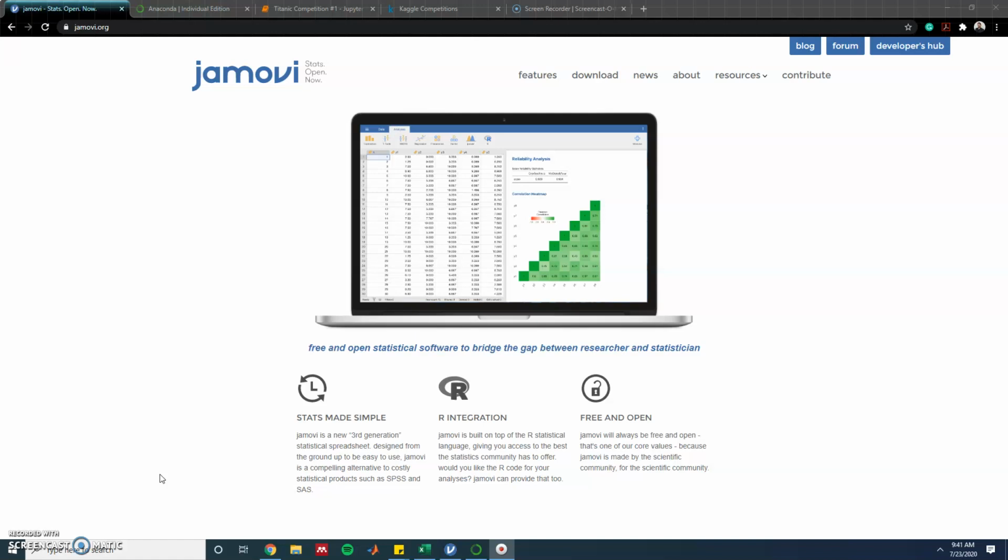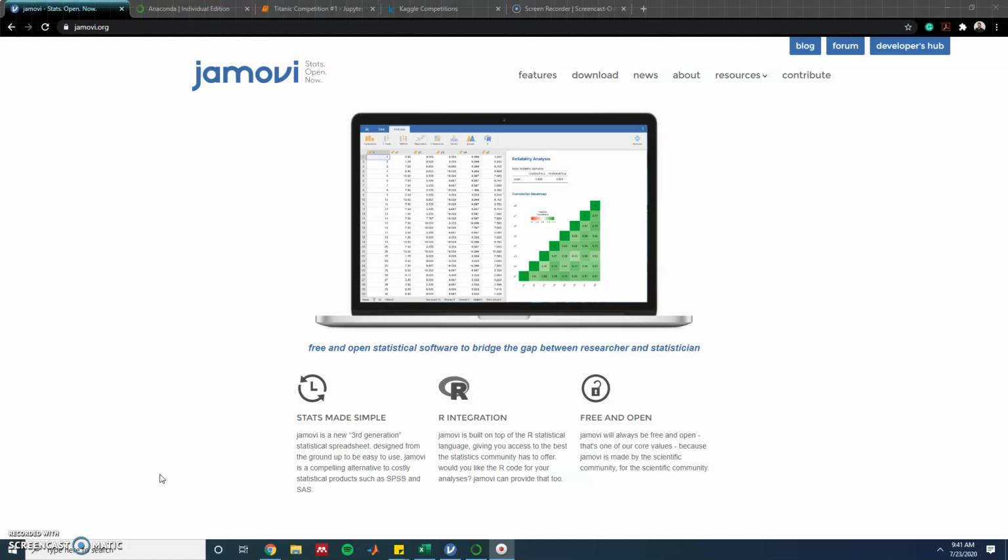A lot of times in classes and in college they'll give you a program like SPSS or SAS, and it costs a lot of money to get that license. Once you graduate, great, you learned a program that you could use. But if the job you have doesn't pay for that license, you're kind of stuck. Some of the programs that I teach and recommend are free, so you can add value to your company wherever you go because you can bring that with you and you don't have to charge the company